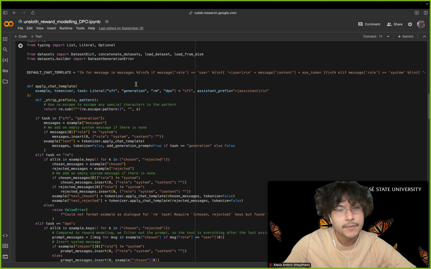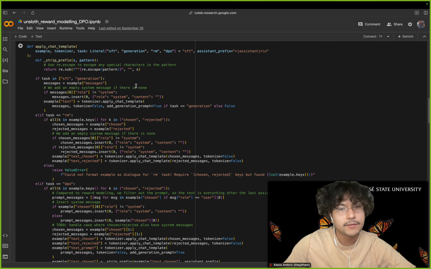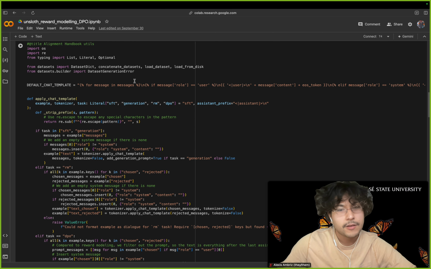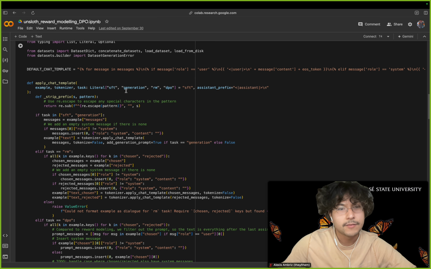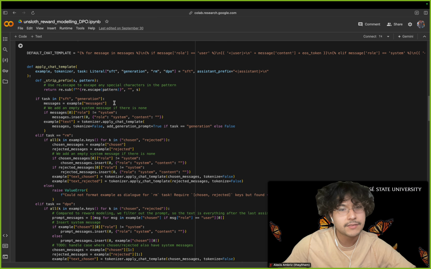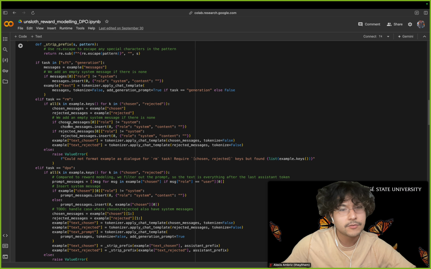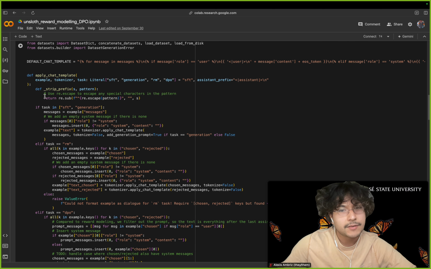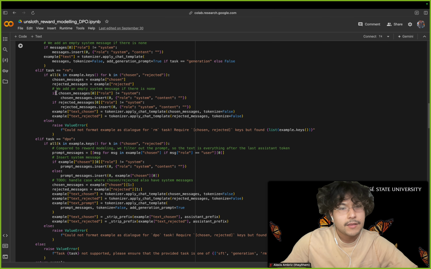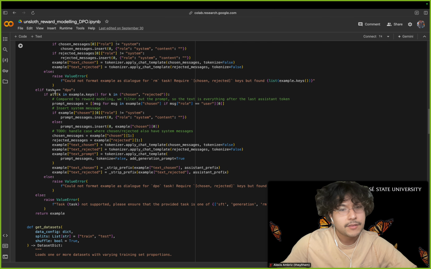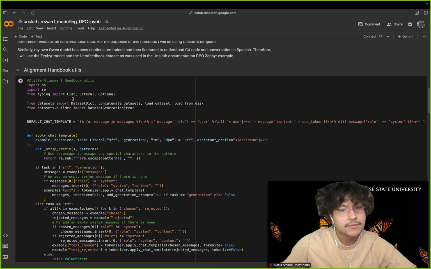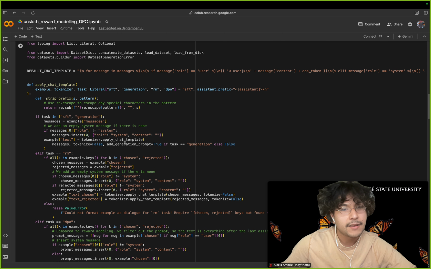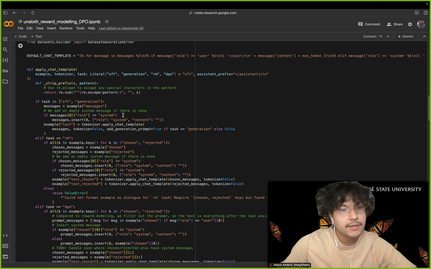If you're using a different model, you could probably use a different template that aligns with that model and the way it was trained. Since this template was already provided, it shows you a lot of the different ways that you can format your chat template, and it can be as complicated as this, or a little bit simpler, as long as the data is formatted in a way that the template can